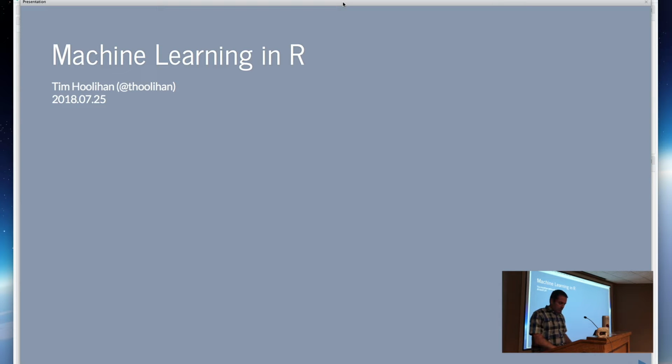So the reason I explained where I gave the talk is that it is a little bit of a high-level overview, and initially I was concerned about that with this group because I go into some basics of R syntax and a few things like that. But actually, in this meeting we had a lot of first-time attendees respond, so it's not bad to have some intro material in there. But the point is, you're not going to walk out of this knowing exactly how to go write machine learning code. This isn't a tutorial. It's more of a survey of what's available in R, what some of the concepts are, what things you might have to do yourself, what R does for you, and what it would look like if it didn't do it for you.